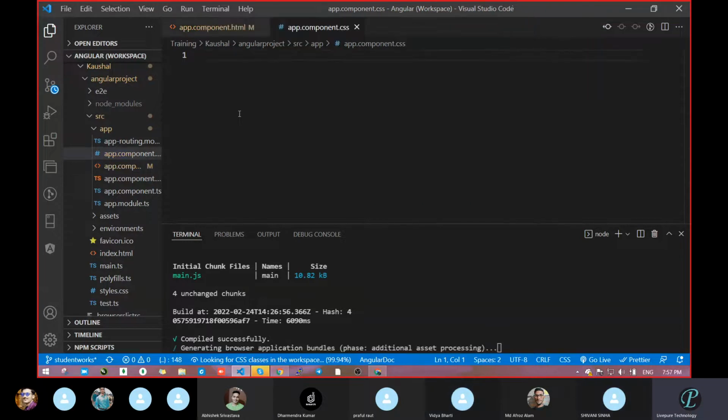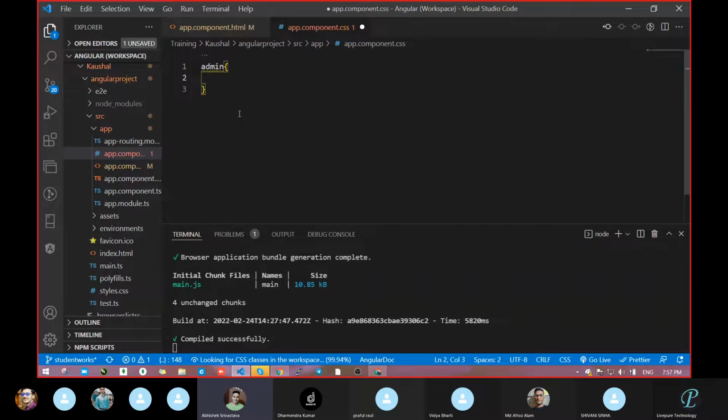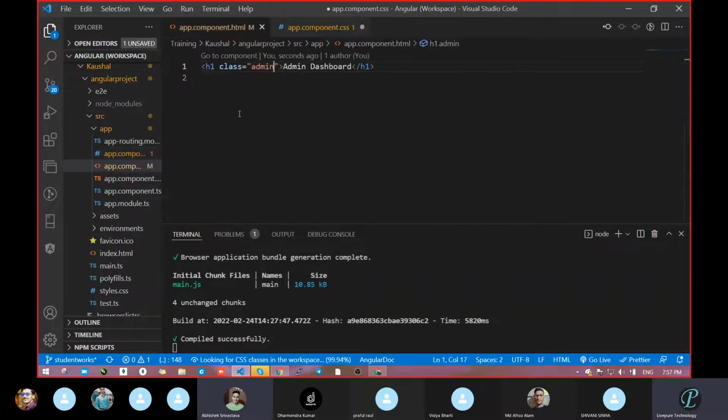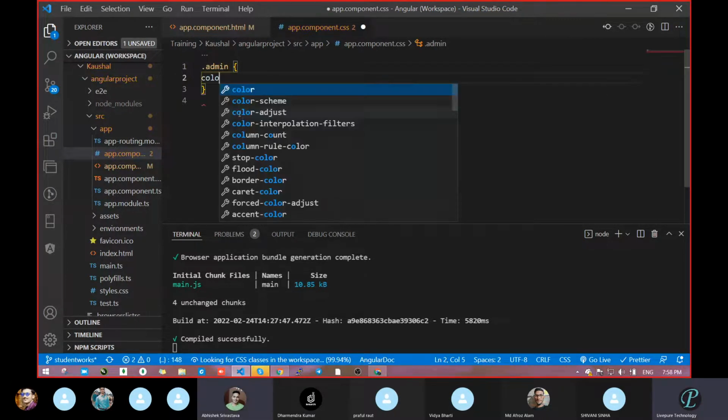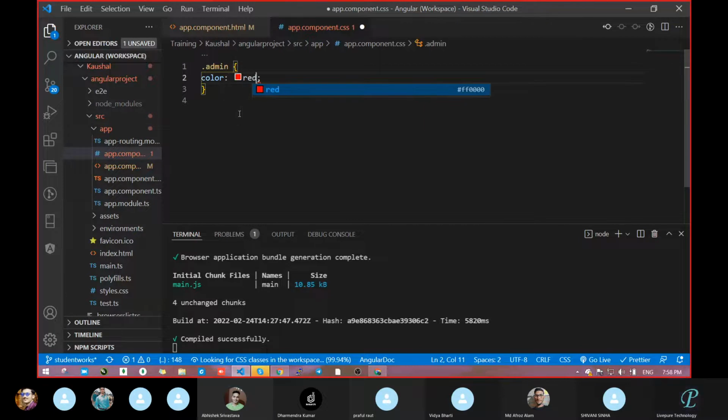So the same thing we will do here. So ID means a hash, correct? Sorry, I have taken an ID or class for hash. I have taken a class. So class means a dot. Clear? Right here. And after that, I want a color, just a CSS class color. I have not added Bootstrap.